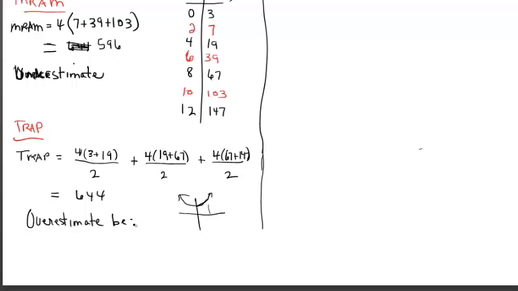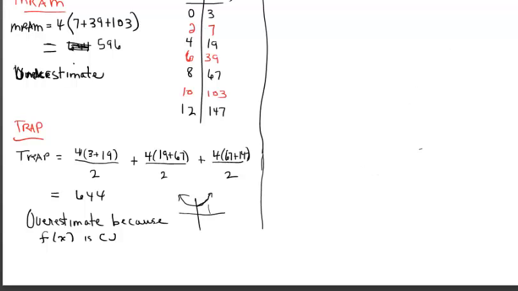Overestimate because f of x is concave up. If the graph had been concave down, then the tops of my trapezoids would fall under the curve, being an under approximate. I encourage you to draw a graph if need be. Okay,